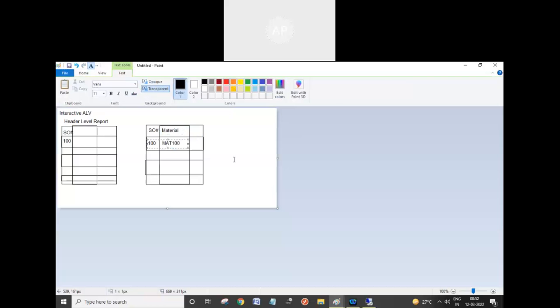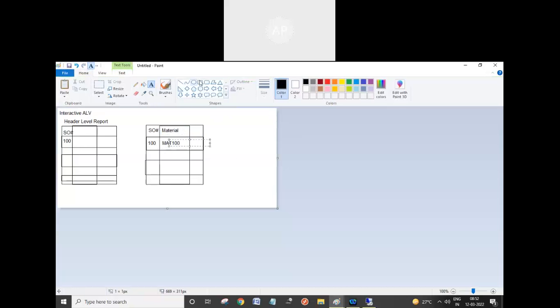So when user clicks on the material number, it should generate one more ALV report, separate ALV report for material details. Clear? Yes. So it should display a report with material details.